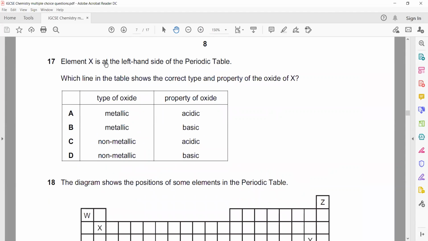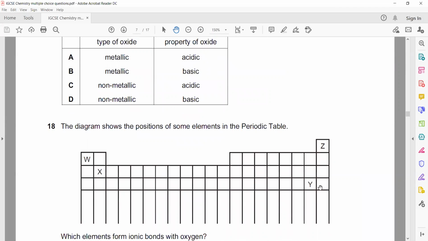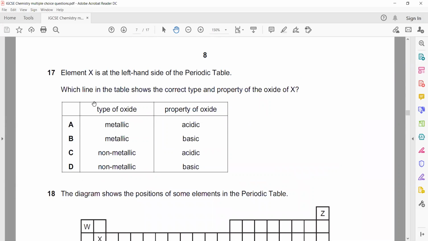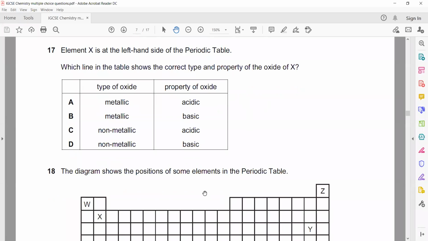Element X is on the left hand side of the periodic table. Which line in the table shows the correct type and the properties of the oxides? So